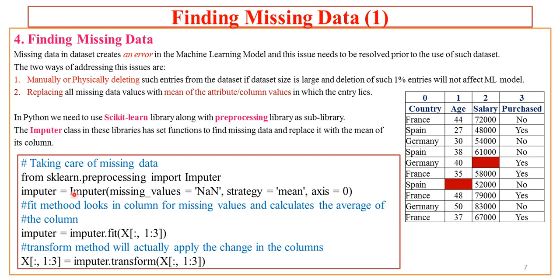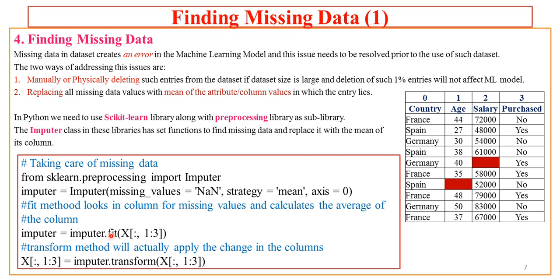I have created one imputer object. After the equal to, I have specified the constructor of the Imputer class. It takes three arguments: missing_values equal to NaN, strategy equal to mean, and axis equal to 0. We'll discuss this at length in the next slides. You need not worry now, because I want to focus on the next part of the imputer. We'll be discussing this Imputer constructor and its arguments in the next slide, with an elaborated discussion. But before that, we'll discuss some of the methods or functions of the Imputer class.